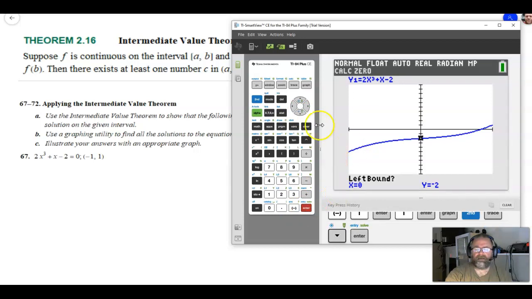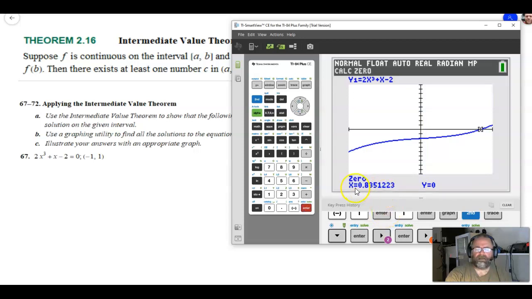And we need a left bound and a right bound. It doesn't matter as long as one is on the left and the other one is on the right side of it. Something like this. Do I want to guess? No. And my x value is 0.8351223. So that's how I can find my solution there,